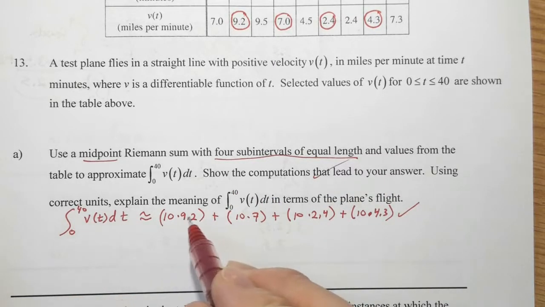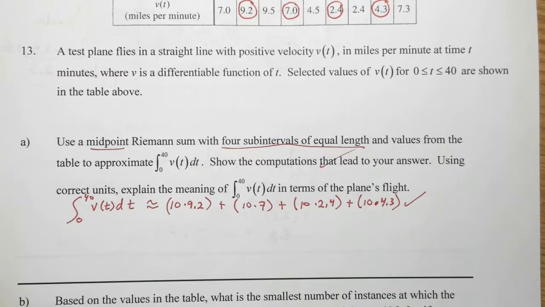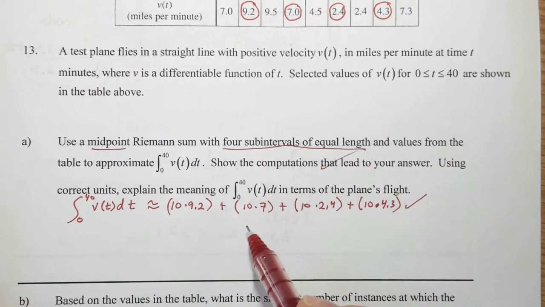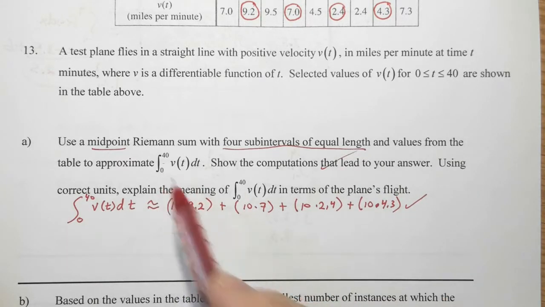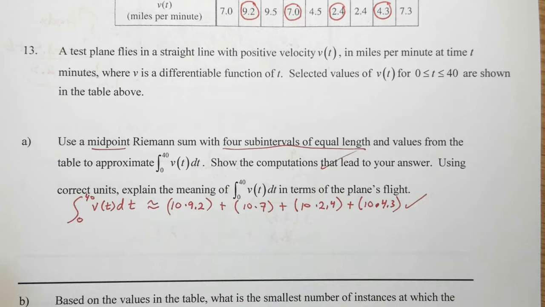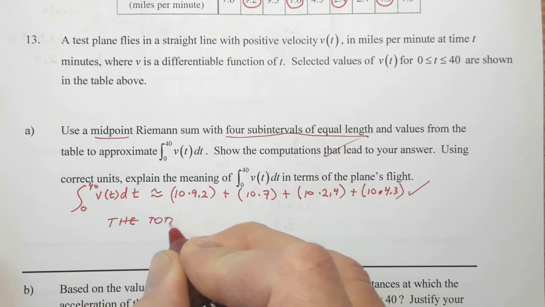Using correct units, explain the meaning of what we just found. All right, so this is important as well. We know that if we're finding the area of the region below this function, then we are looking at the total distance traveled. All right, so this is the total distance,